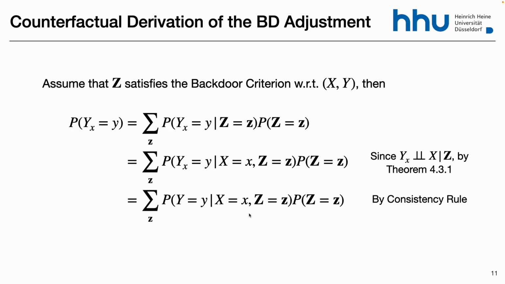To operate over counterfactuals, you have more axioms. You have a list of 10 of them. In reality, you have like 2 rules plus the axioms. But this is out of the scope. You could operate and get the same results just without graphs. And you see here that I put that by theorem, but in the beginning they didn't use the theorem. They used that this independence holds by assumption. So that's why they derived the same thing, but using an assumption. But you don't need to use an assumption. You can just verify and then use the theorem, and then you get the result again.